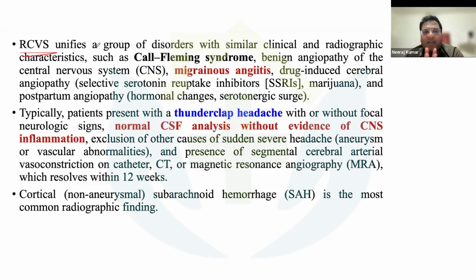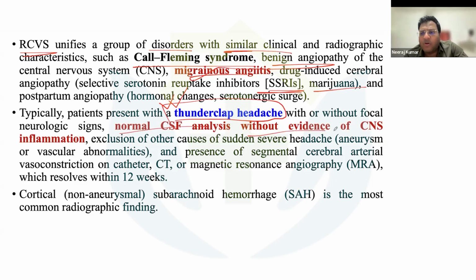is a group of disorders. These groups already have similar clinical and radiographic characteristics. So it mimics Call-Fleming syndrome, benign angiopathy of the CNS, migrainous angiitis, drug-induced cerebral angiopathy like regular intake of SSRI or marijuana, and some postpartum angiopathy as well, which is due to hormonal changes. So these patients always present with thunderclap headache, with or without focal neurological signs, with normal